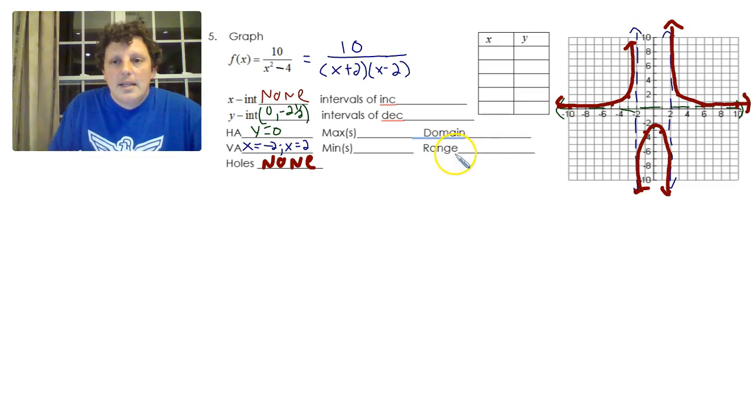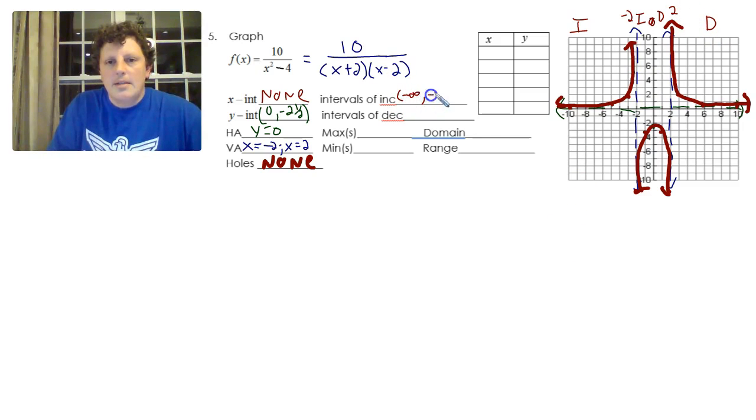Example 5. Let's see, intervals of increase. So we're increasing to the asymptote of -2, increasing to 0, decreasing to the asymptote of +2, and then decreasing again. All right, so let's get this down. Increasing from -infinity to -2 union -2 to 0, and decreasing from 0